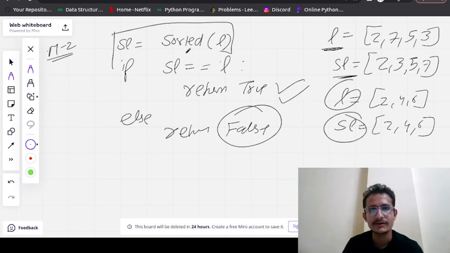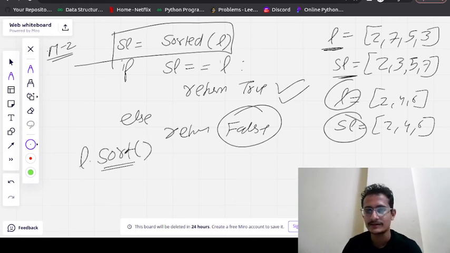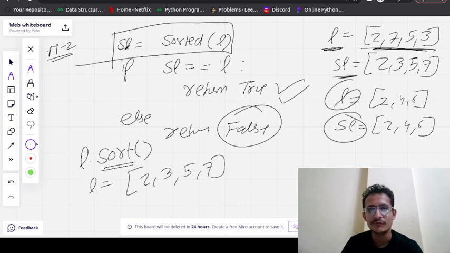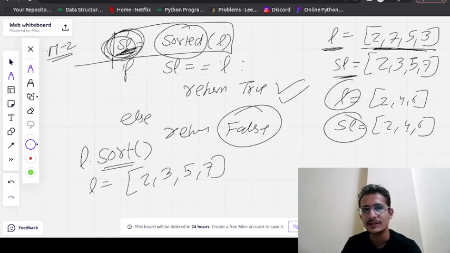Now here we have sorted L. If you are with me, I have explained the sort method. L dot sort will sort the same list, which means the value of L will be updated. But sorted will sort the list and store it in a new variable.